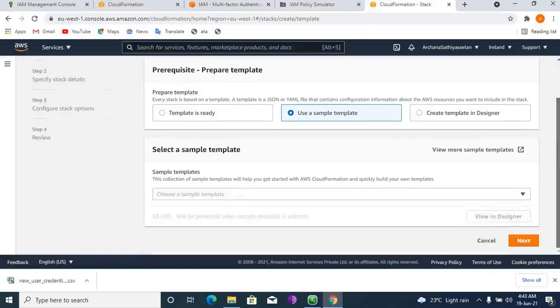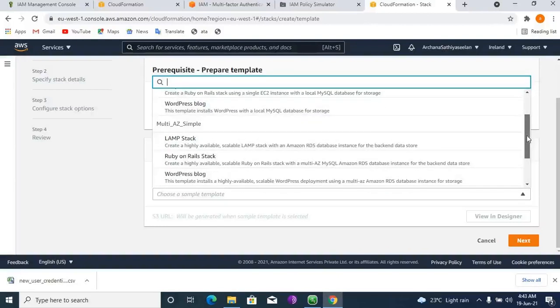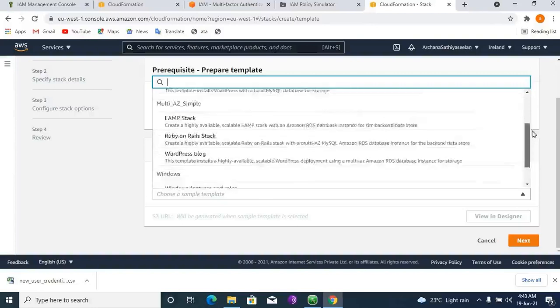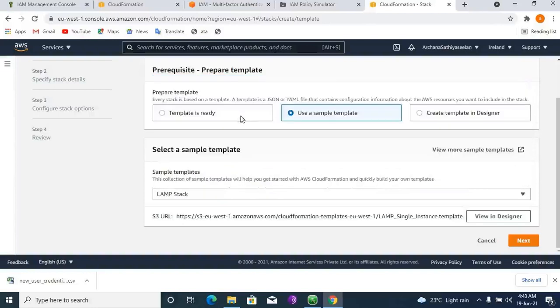Click that icon and choose the template you want. Here I'm selecting LAMP stack, or whatever you want you can select. WordPress is there, Windows is also there, you can select whichever you want. Now for this project I'm selecting LAMP stack.